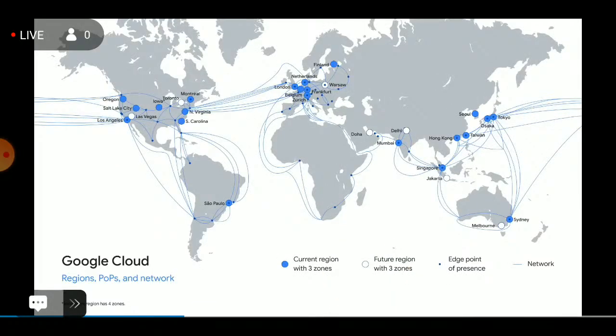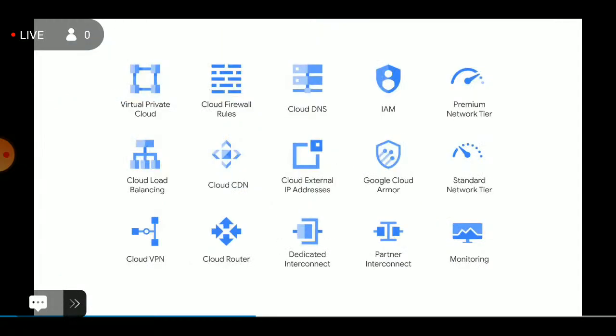This map represents GCP's network from an infrastructure perspective. As of this recording, GCP's well-provisioned global network connects 52 zones to over 100 points of presence through hundreds of thousands of miles of fiber optic cable. Google is continuously investing in this network with new regions, points of presence, and subsea cable investments. On top of this network, GCP uses state-of-the-art software-defined networking and distributed systems technologies to host and deliver your services